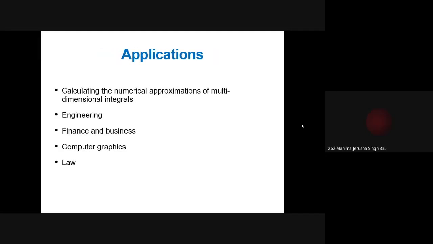Now, the main application, the one that we haven't mentioned here, is that the Monte Carlo simulation was originally designed for the study of nuclear weapons and their functioning. It was to simulate their working so as to observe the uncertainties that can happen during the process. And other than that, we have the mentioned applications as well.